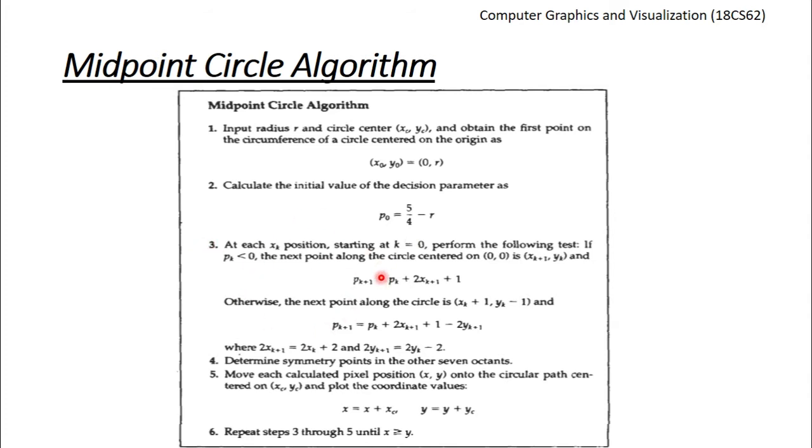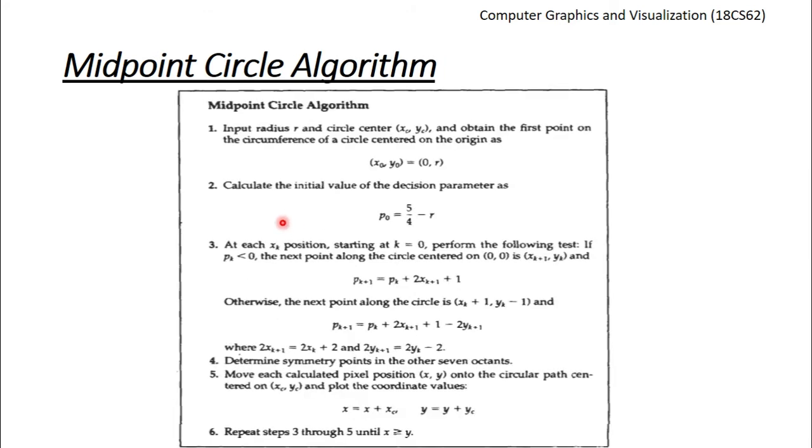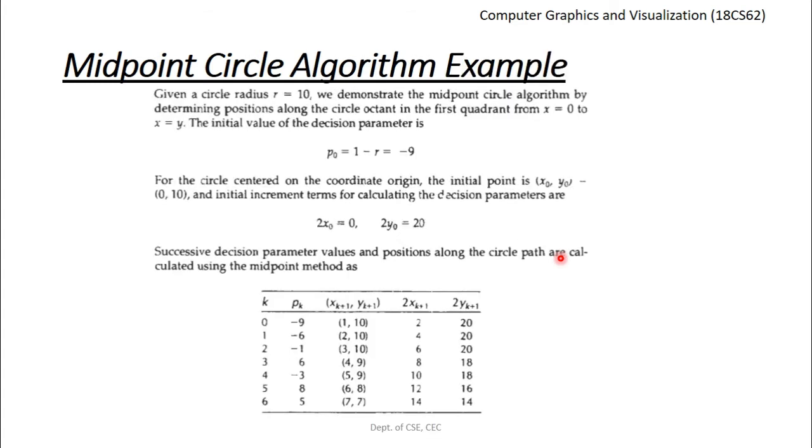Okay, let us see what we are going to do here. We found the value of the initial decision parameter P naught, which is equal to minus 9. So for k equals 0, Pk equals minus 9. Now let us check this condition. Initially the value of P naught was equal to minus 9, right? So we need to check if the value of Pk is negative or positive. We found that minus 9 is negative. So in that case, what do we need to do? We need to increment the value of x by 1, retain the value of y as it is. So what was the initial value of x?